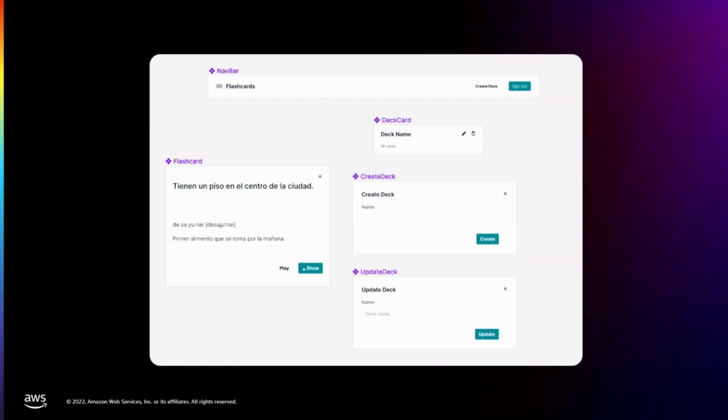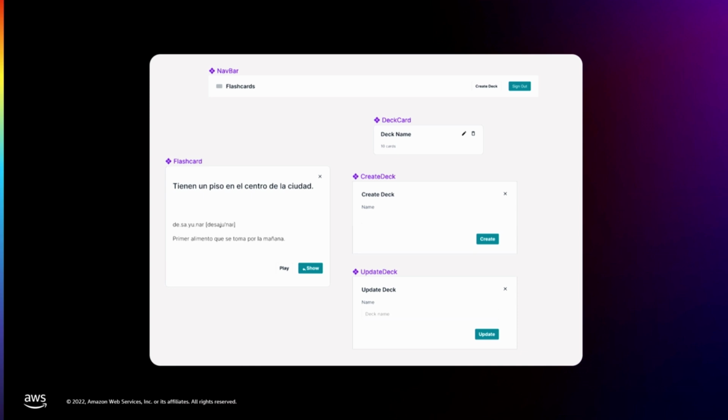This is our Figma file. It's very simple. I'm not a designer. But the idea behind the app: I'm trying to learn Spanish as part of the LATAM team. I'm from Brazil, and something that not everyone knows is that we speak Portuguese and not Spanish. So I'm trying to learn Spanish to communicate with our other customers across the region, and I like using flashcards